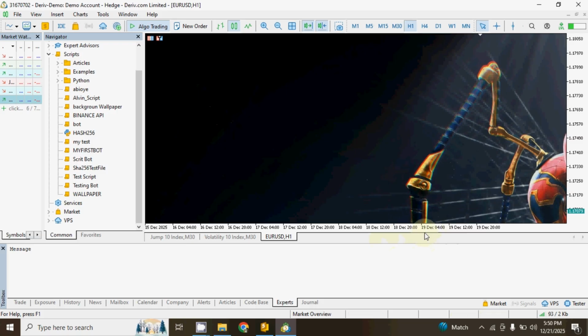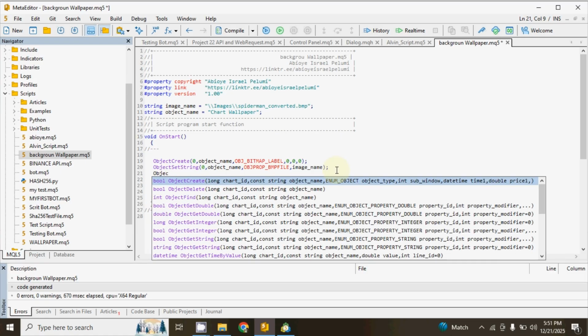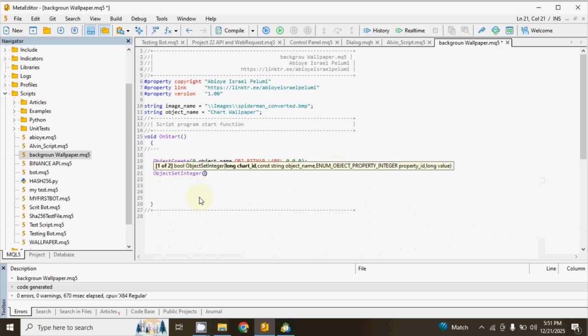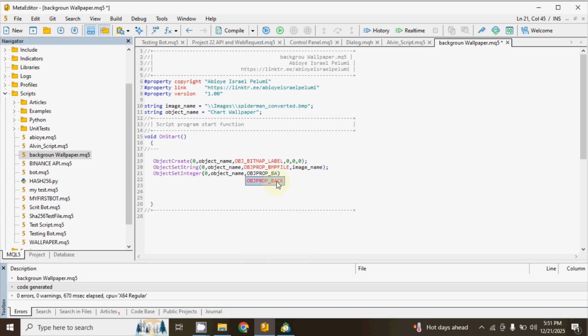But there is one issue here. After running the code, you can see that you can only see the image, but you cannot see the chart. So go back to your code, type ObjectSetInteger, open a parenthesis, press input 0, then the name of the object, which is object_name, right? Add a comma. Then what do you want to do? Object is going to be OBJPROP_BACK, comma, then type